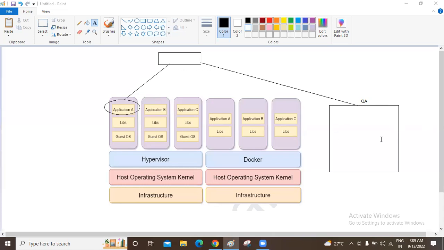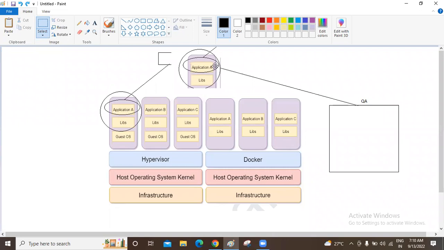So how do we resolve this conflict? In order to resolve it, we should have a mechanism where we are able to transfer application A along with its dependencies from the dev machine to the QA machine.